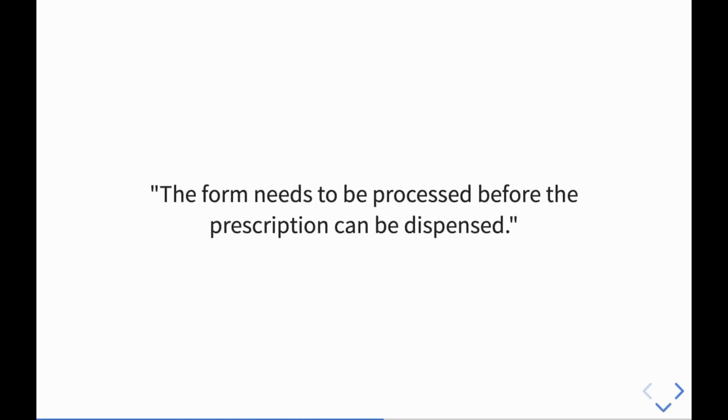The other thing that is sometimes used as a way of not taking responsibility for writing something directly is using the passive voice. It's longer by definition, can be ambiguous, and is more difficult to read. It has less life in the sentence. This is one example: The form needs to be processed before the prescription can be dispensed. One way of identifying the passive voice is adding "by zombies"